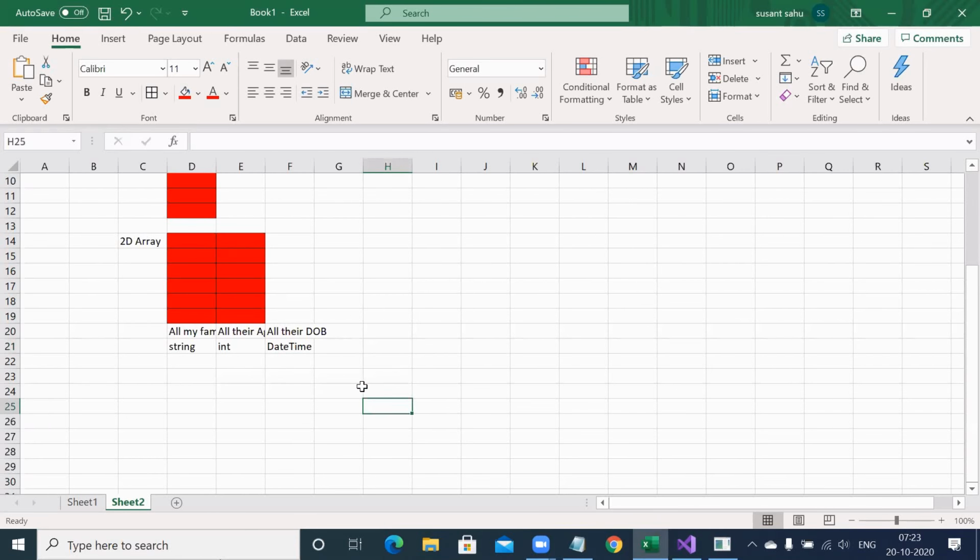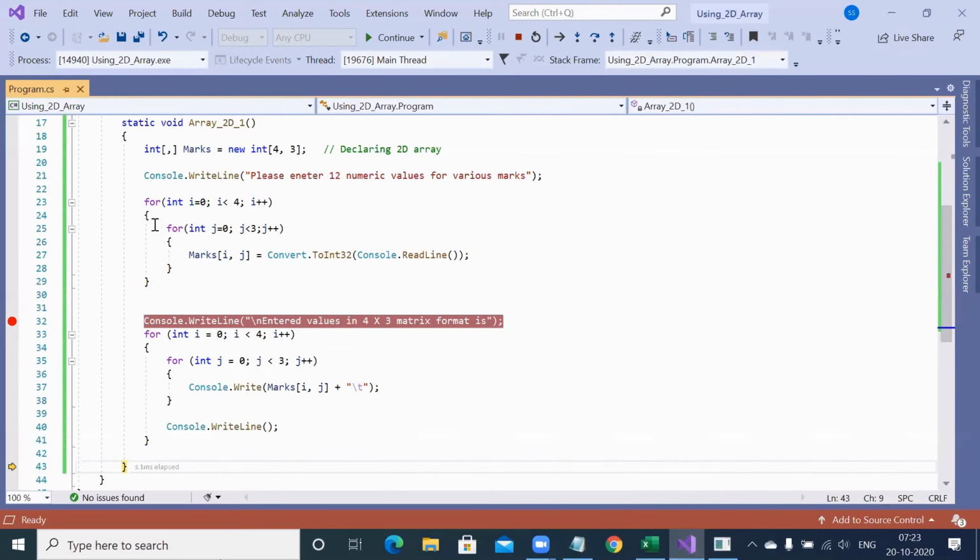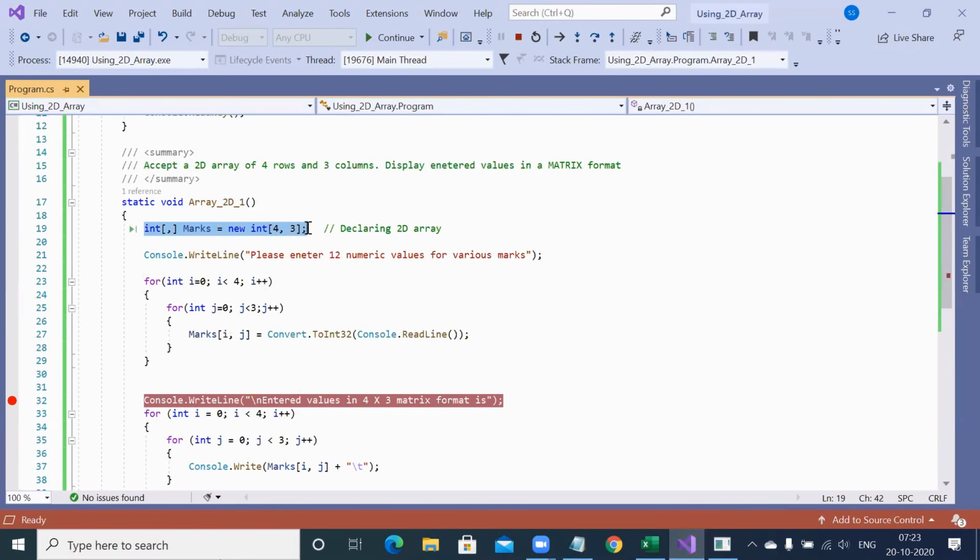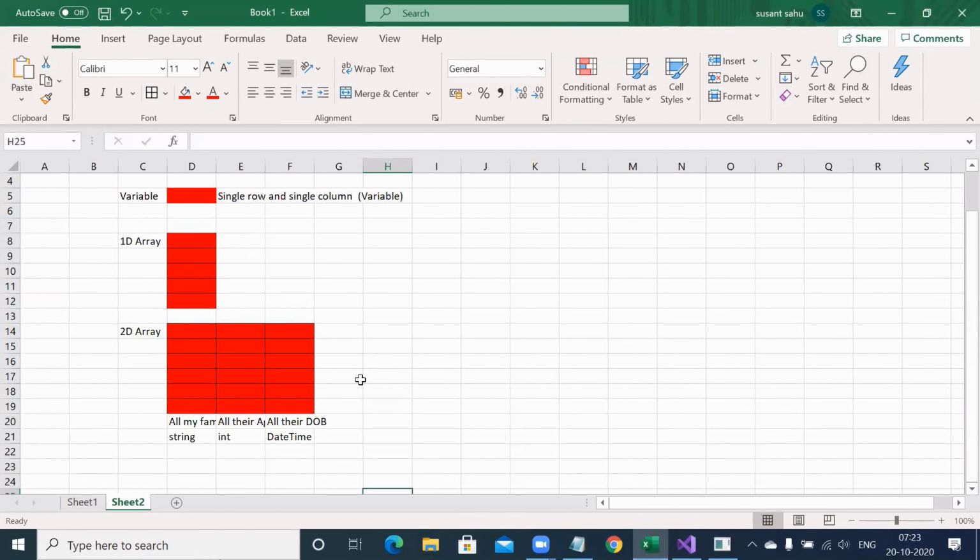Now array is saying, you cannot expect these things from me. I have multiple rows and multiple columns, no doubt. But if you declare it is integer, I will be integer fully, all 3 columns or all 4 columns, whatever it is. If you declare it string, I will be string. If you declare it decimal, I will be decimal. But now the question arises, who is going to solve that problem?